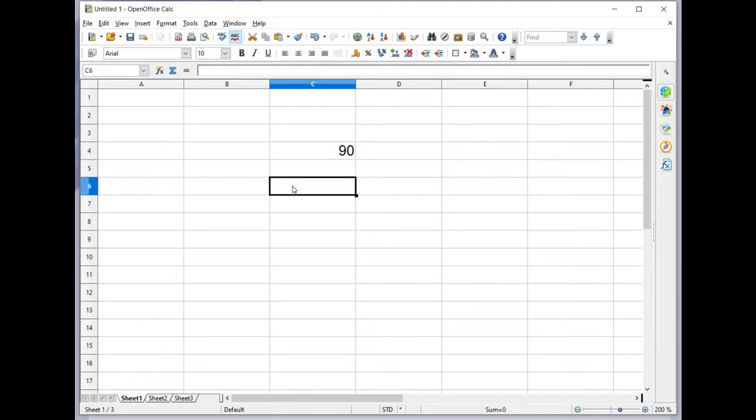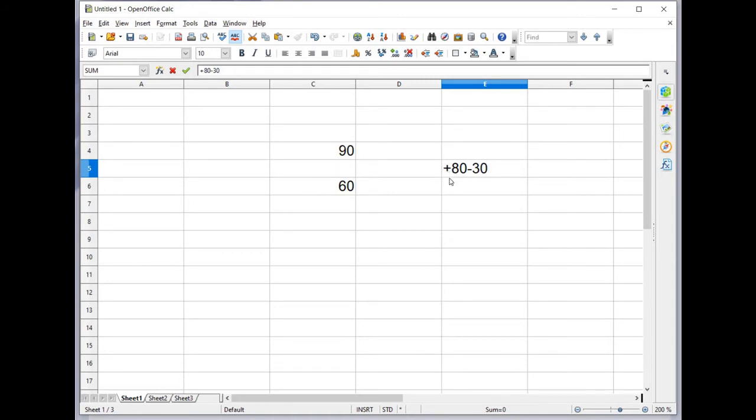Is it clear? Again I'll do another thing, equal 80 minus 20. So 80 minus 20 is 60. I am pressing the enter key. So it looks like 60, but if we select the cell, it will show the formula here. Equal 80 minus 20. So plus 80 minus 30. So for these two, the formula started with equal.